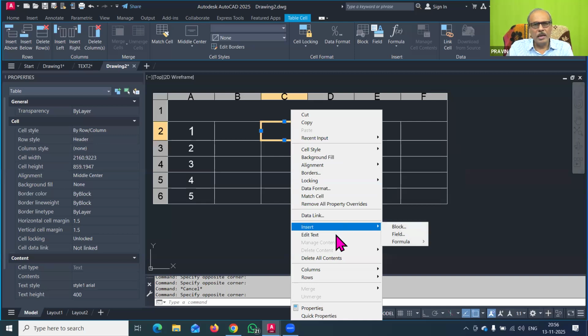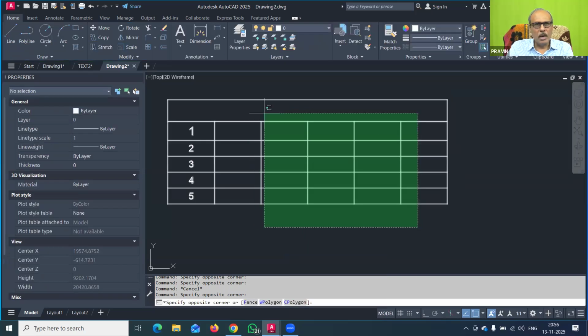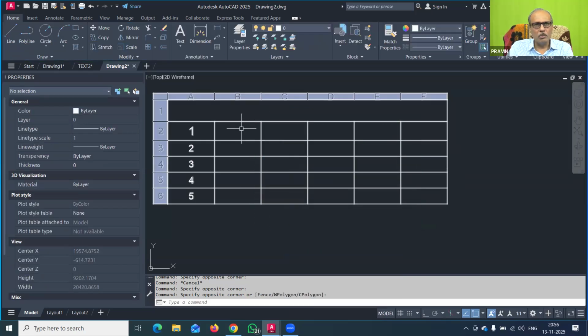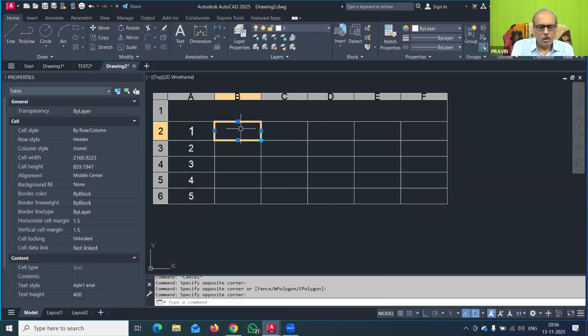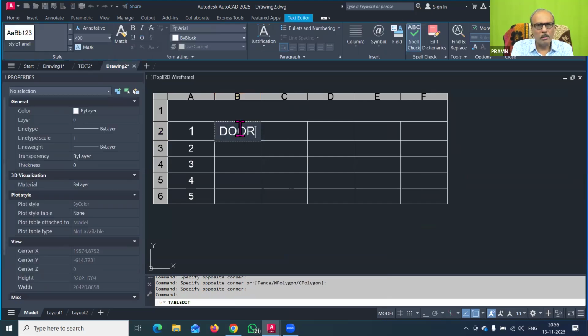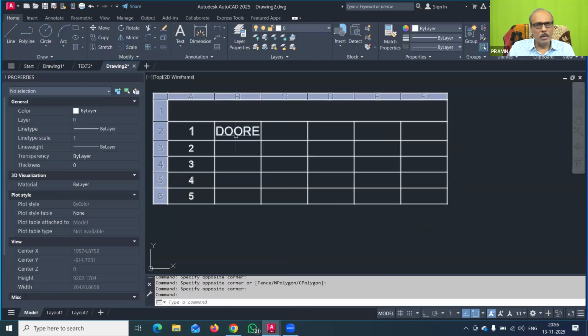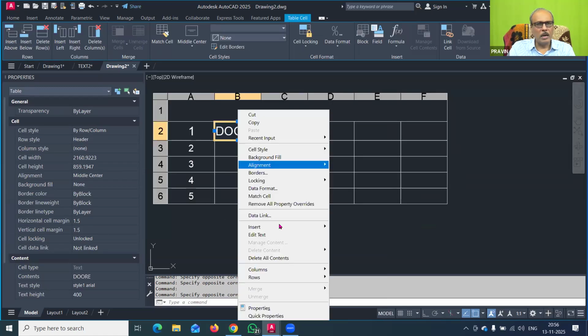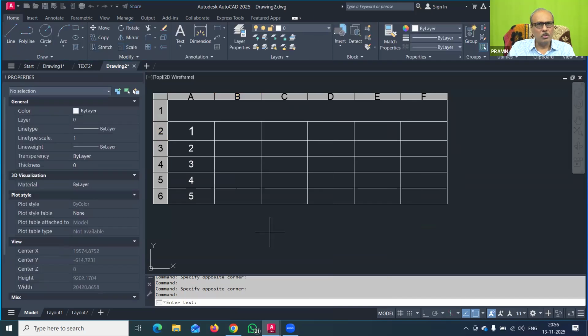We can also edit the text in any column or row if you have typed it. Suppose by mistake I type here DOOR, and it was a spelling mistake. What I can do is select it, right click, and go to edit text.